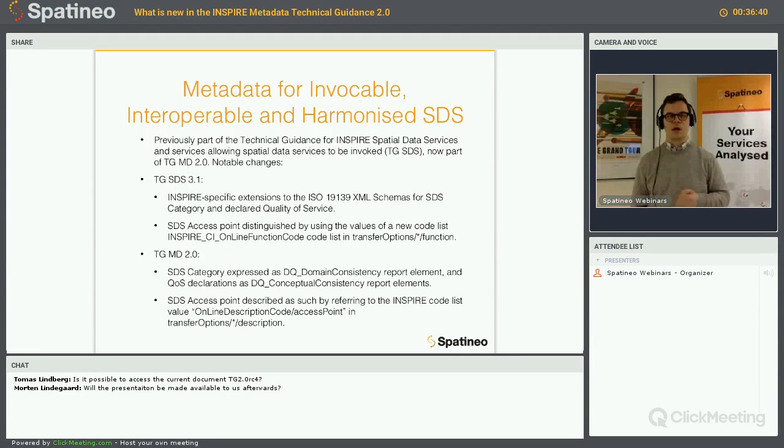So some of the highlights that I would like to bring up here is that in the spatial data services technical guidance document, there was this INSPIRE specific extension XML schema, which was used for providing the category data of the spatial data service, so whether it is invocable, interoperable, or harmonized, and also for declaring the quality of service criteria for the service. And